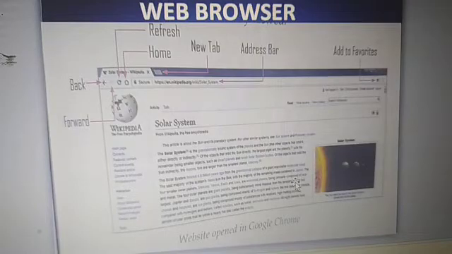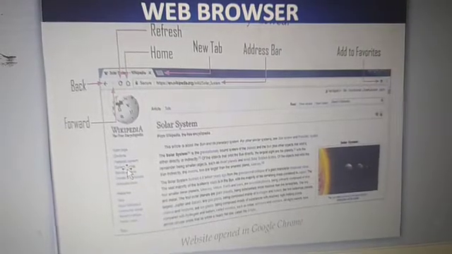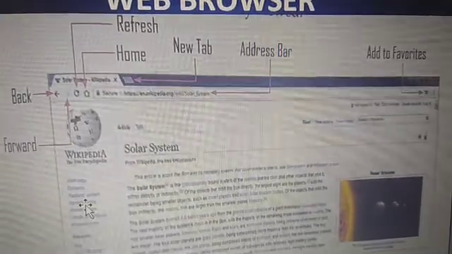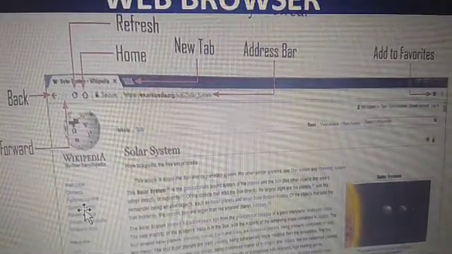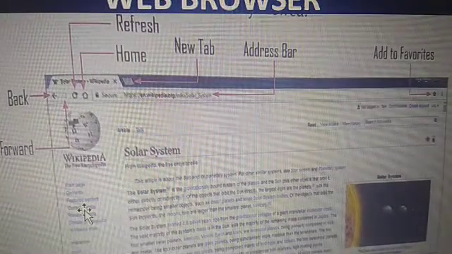Okay, so click either on the icon of the browser, or go to the start button and choose the option of Google Chrome. With this you can open the Google Chrome web browser, and on screen you can see this is the web browser screen. Now in this screen you can see there are several buttons. One by one we will discuss all these buttons.